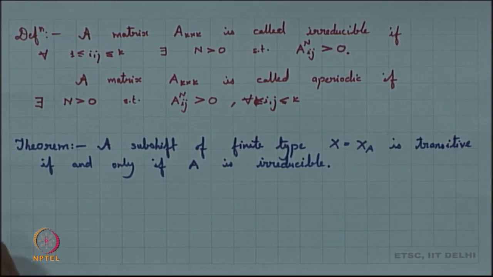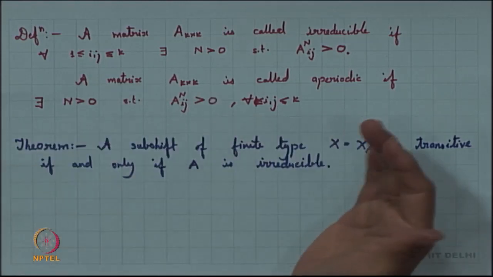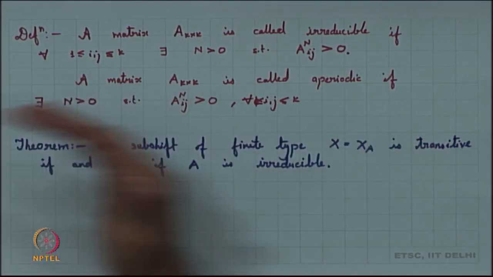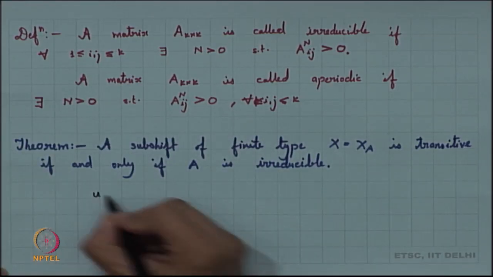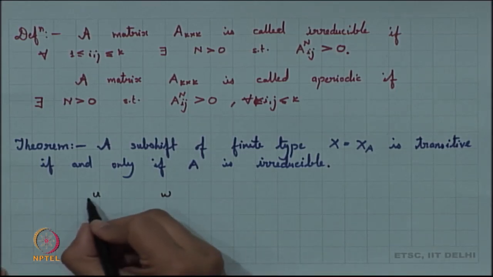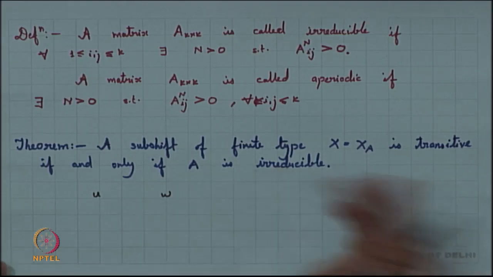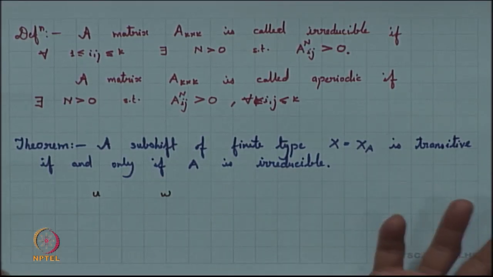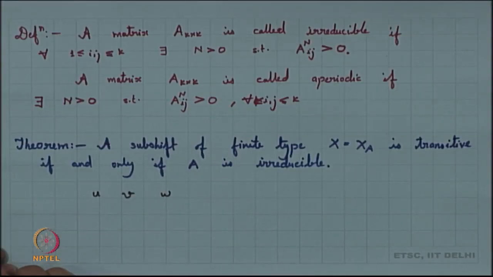And if we want to look into the proof of this theorem, the proof simply turns out by saying that when we are looking into transitivity, what do we want to do? We take a word u, we take another word w, we want to say that there has to be some word in between, because we know that a shift space is irreducible if and only if it is transitive, it is the same thing. So, we want another word v coming up here in between u and w.